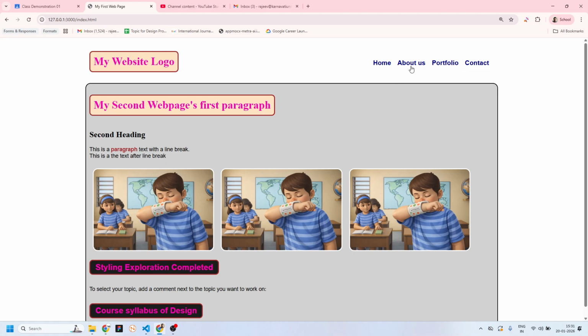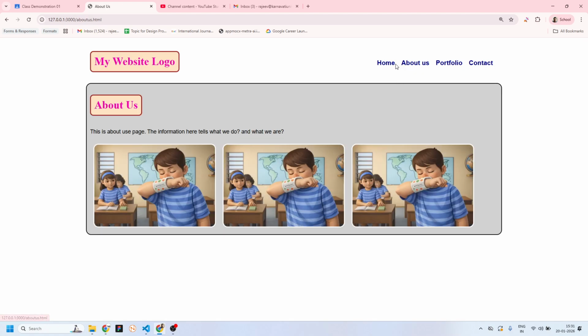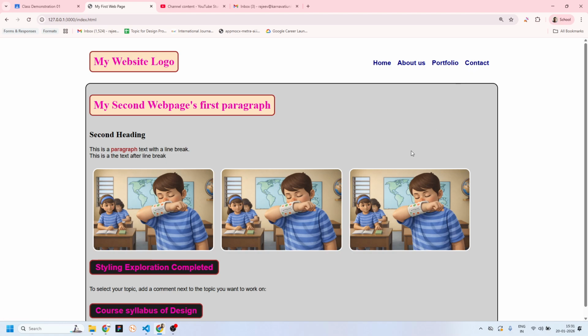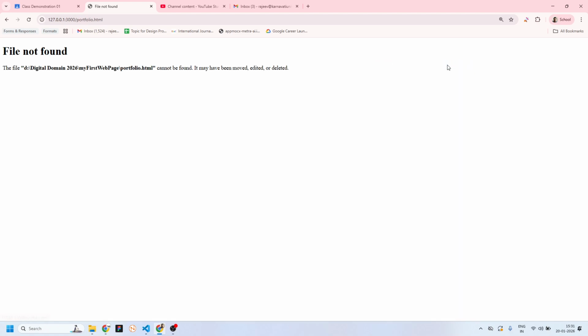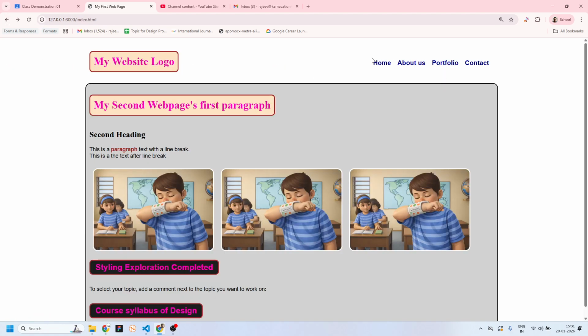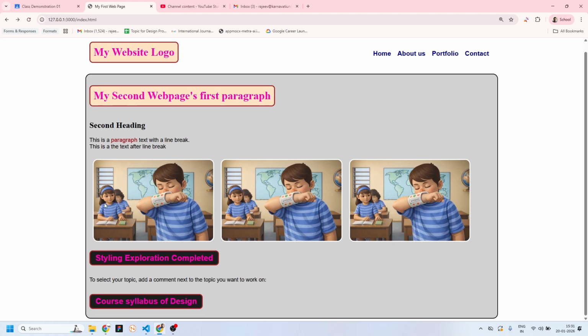ठीक है, अब आप पोर्टफोलियो भी बना सकते हैं, कॉन्टैक्ट भी बना सकते हैं। कॉन्टैक्ट will require you to put some input fields, tomorrow will do that. ठीक है, ग्रिड्स समझेंगे, grids will be important for the portfolio page, and form input fields जो है वो कॉन्टैक्ट में डालेंगे। और यहाँ पे अभी तक हमने सब कुछ सीखा, लेकिन हमने बटन्स नहीं बनाए। हाइपर लिंकिंग आपको सिखा दी मैंने, लेकिन मैंने बटन्स नहीं बनाया। So try populating this with more content,